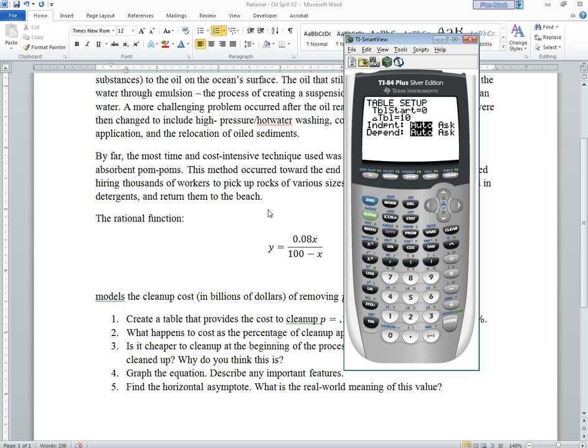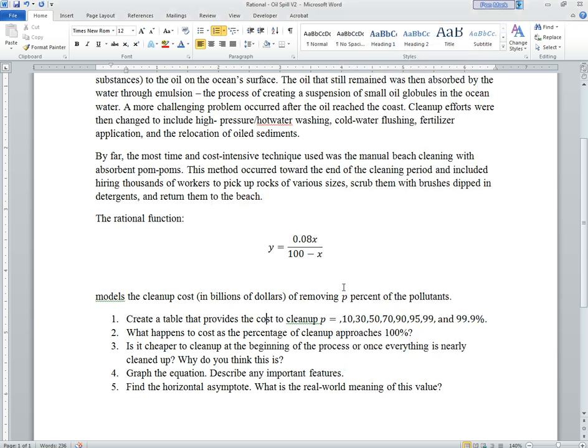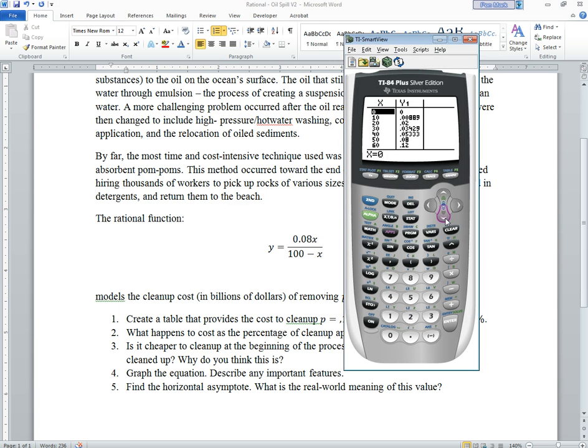Now notice that you don't have to convert it to decimals because the input of the function is the percentage value. And now if we look at the table, we start to observe to see what's happening. Now this is in billions of dollars. So we see that as you want to clean up more and more, suddenly there's this explosion of cost. The costs seem pretty stable, they're not increasing by too much. But then once you start hitting 70%, 70 to 80, it almost doubles, and 80 to 90, it more